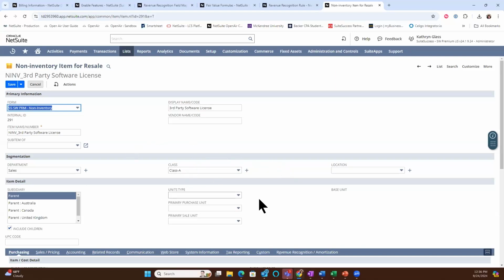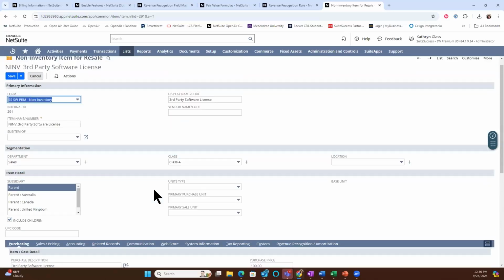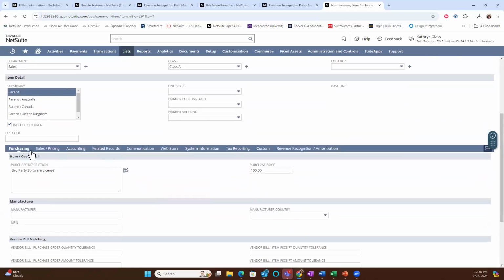Okay. So this just has the standard class and location and department on it for your segmentation. I have seen people add things like product family, product line, product, just product group. I've seen 5 or 6 layers come in to this classification before with custom segmentation, and it still works very nicely, just depending on how you have to break everything out. Okay. So down here, this is typical item setup, right, across the bottom,